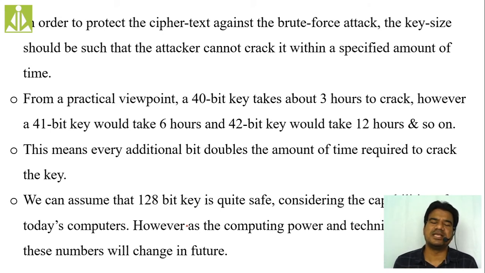And in 3 hours he can crack the key, and with that key he can get the plain text. So if you have something very confidential and you want the confidentiality to last up to 3 hours only, then you can use this 40-bit key. Simply by incrementing one bit into that 40-bit key, if you take a 41-bit key, it takes around 6 hours